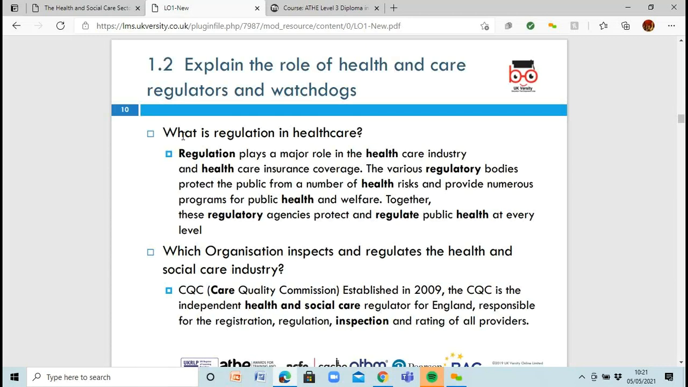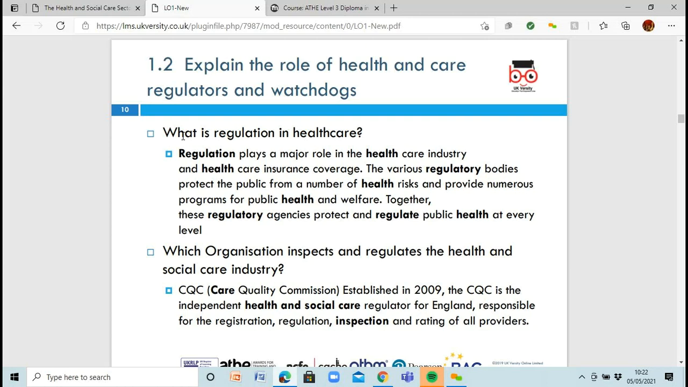So we're going to go into 1.2, and this is explain the role of health and care regulators and watchdogs. On this, we're just going to look at different regulators, different watchdogs. Now, what are regulators? I'll just read through this little top section here. Regulation plays a major role in the healthcare industry and healthcare insurance coverage. The various regulatory bodies protect the public from a number of health risks and provide numerous programs for public health